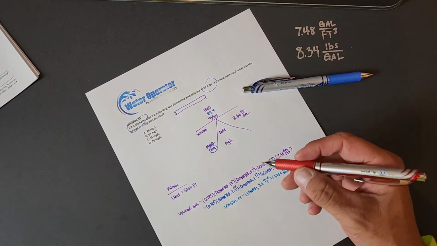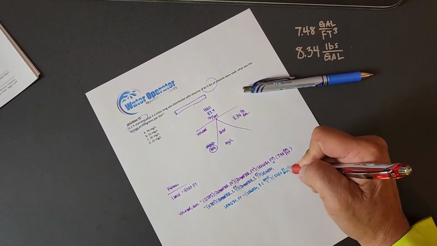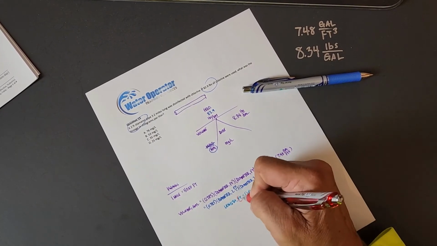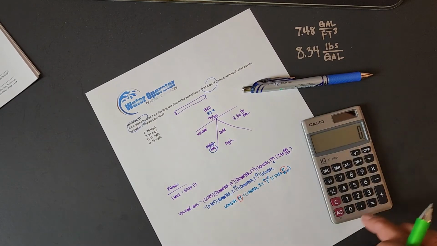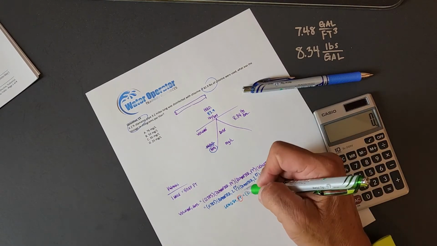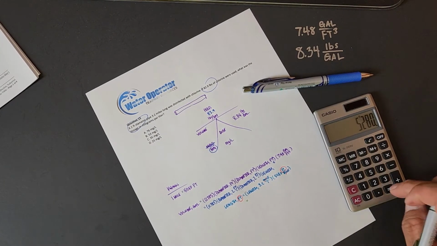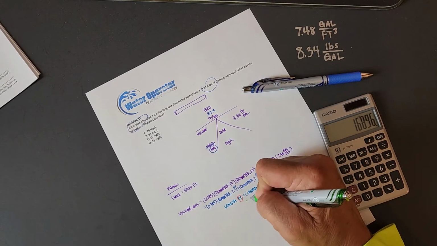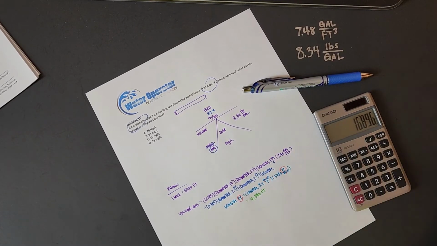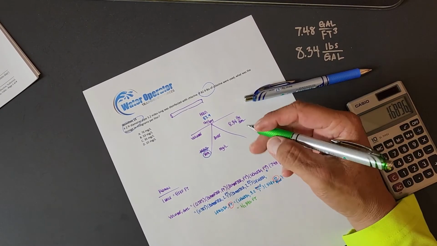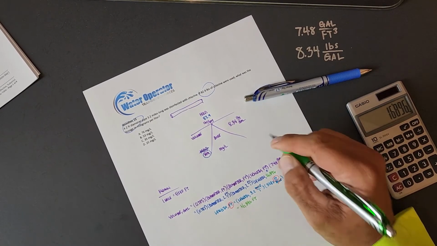Let's cross cancel. I'm looking for feet. I have mile over 1, foot over mile. I can cross cancel these. I'm left with feet. That's the unit of measure I'm looking for. Get our handy dandy calculator out here, non-scientific. And we're going to multiply 3.2 times 5,280, and that's going to give us 16,896 feet. So let's write that down right here. 16,896